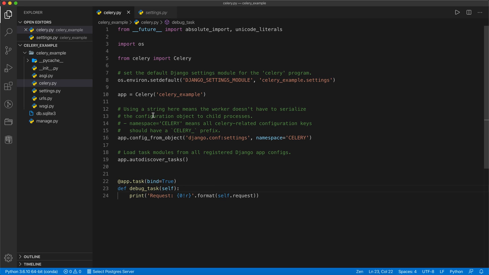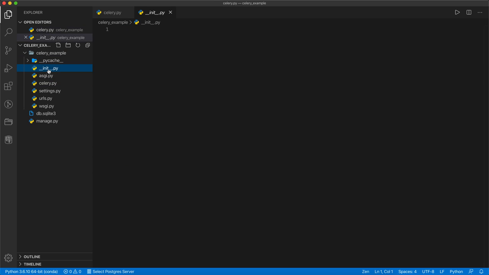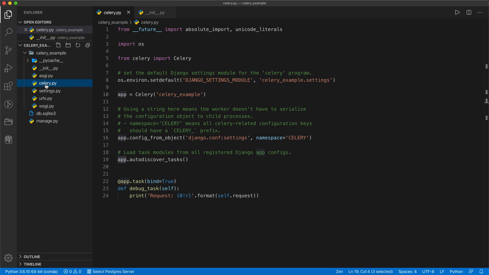Now we need to import this Celery app into our Django project. How can we do that? For that purpose, you need to write two lines of code in __init__.py. Whenever you run the project, this file will be loaded first, and due to that Django will know that the celery.py file is also there and the app will be imported there.